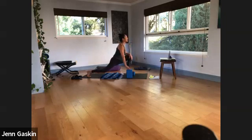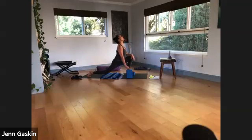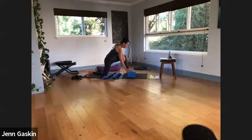Inhale, dog tilt. Exhale, cat arch. Inhale, dog tilt, squeeze your glute, open up your front leg. Exhale. Inhale, dog tilt. Exhale. And now we'll just drop that right knee down, take your right block down a notch,